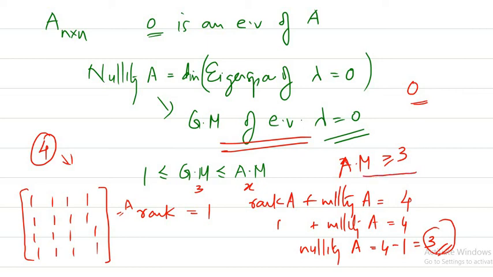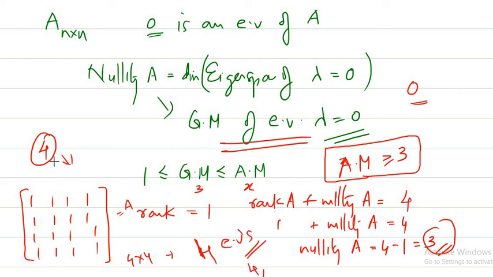So here you can see we already got that 0 is repeated at least 3 times. But we already have a 4 by 4 matrix. It can have only 4 eigenvalues, out of which we already found one eigenvalue as 4, and then there are remaining only 3 eigenvalues. We found that the algebraic multiplicity of 0 can be greater than or equal to 3. That means it has to be 3. That means the matrix has eigenvalues as 4 and 0 repeated 3 times.